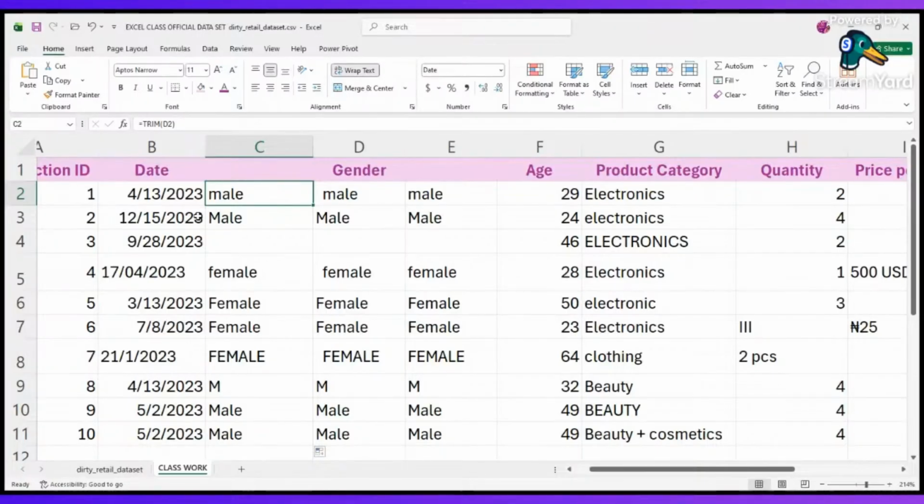Because I've deleted it and I did not paste it in the correct format, that's why it returned it, because it does not know where it's supposed to trim from. It cannot find the value. Now, let me quickly show you guys how to do that. Once you're done,